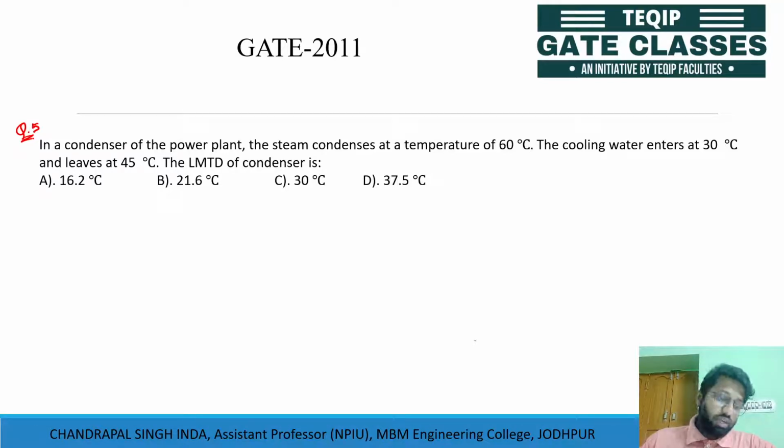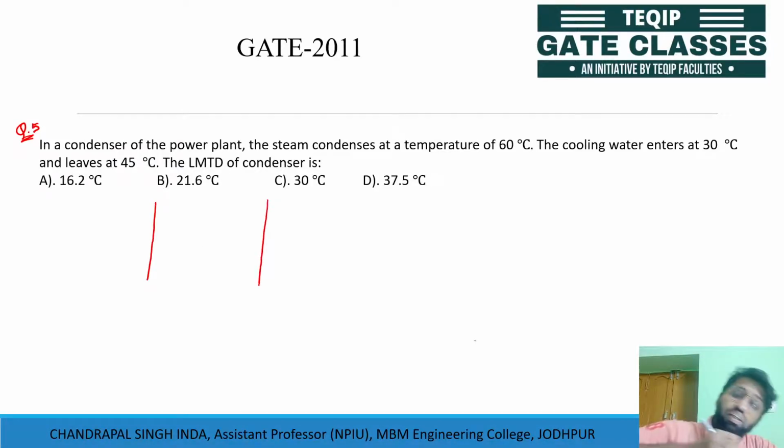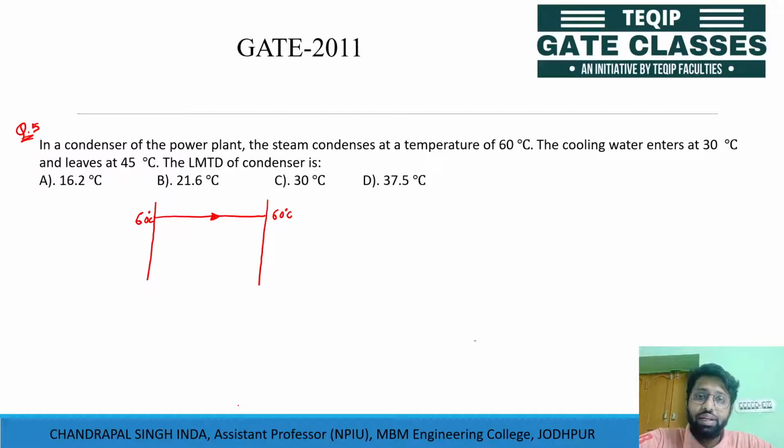So it is a special type of heat exchanger where the phase change is there. In this question, it is not given whether it is a counter flow heat exchanger or a parallel flow heat exchanger, as the value of LMTD for both cases is going to be equal. So that's why it is not mentioned. So let's take the parallel flow heat exchanger, where the temperature of the hot fluid, which is at 60 degrees centigrade, is not changing as there is a latent heat of condensation.